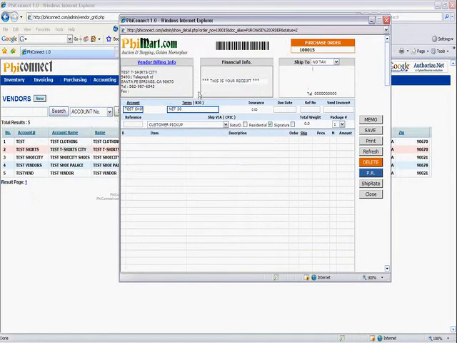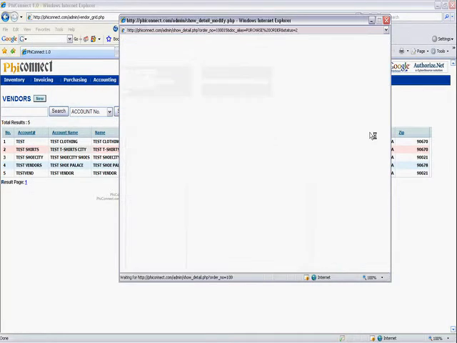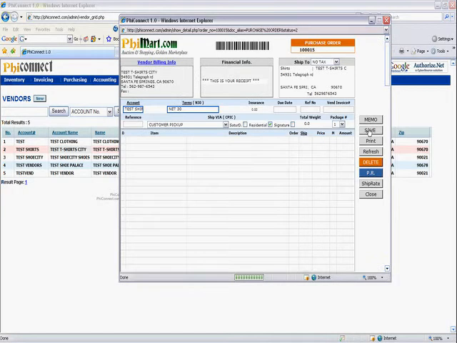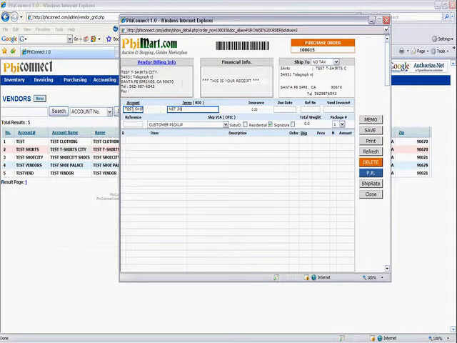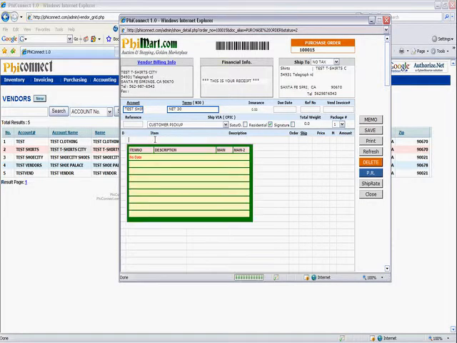Let's go ahead and do this one more time. And the information will be saved right there. And you presetted your terms and stuff like that, but you could also change it just by double clicking on each section. And you could also put the due date, a reference number, a vendor invoice number, and how many packages there are. If you go by item,